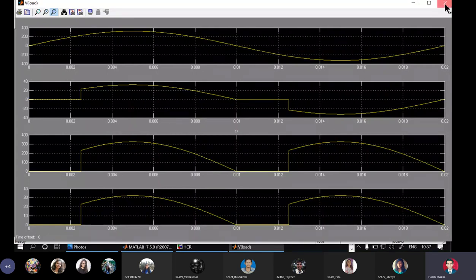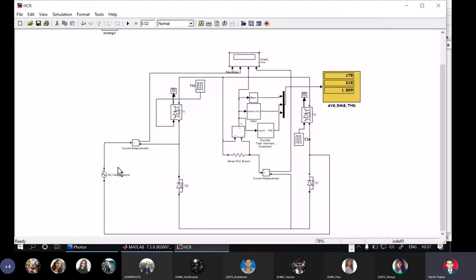Okay. Now if I want to show more cycles, don't worry, because the input is a 50 hertz signal, the time period is 20 milliseconds. So here we can set for how long I want to perform the simulation. 0.02 means 0.02 seconds or 20 milliseconds, so one cycle. If I want to display 3 cycles, then 3 cycles will occupy 60 milliseconds on the x-axis. So I will say 0.06, press enter, and run again, and we should be able to see 3 cycles here.